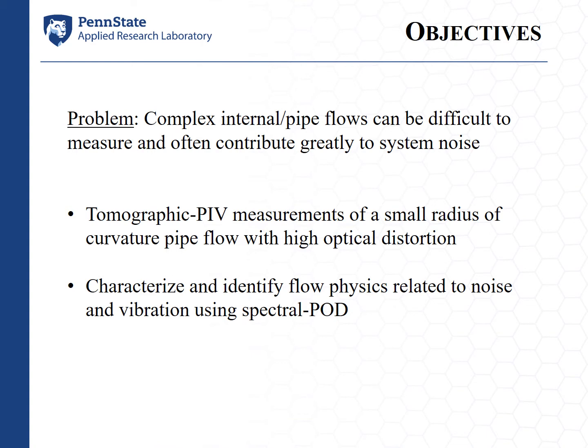And with that in mind, there are two objectives for today's talk. The first is to demonstrate the use of volumetric or tomographic PIV in an internal flow with highly distorted areas, where these high areas of distortion are due to small radius of curvature of the pipe, in addition to the relative thickness of the pipe. We'll benchmark these measurements with measurement techniques that are more established in literature, mainly stereo PIV and LDV measurements over